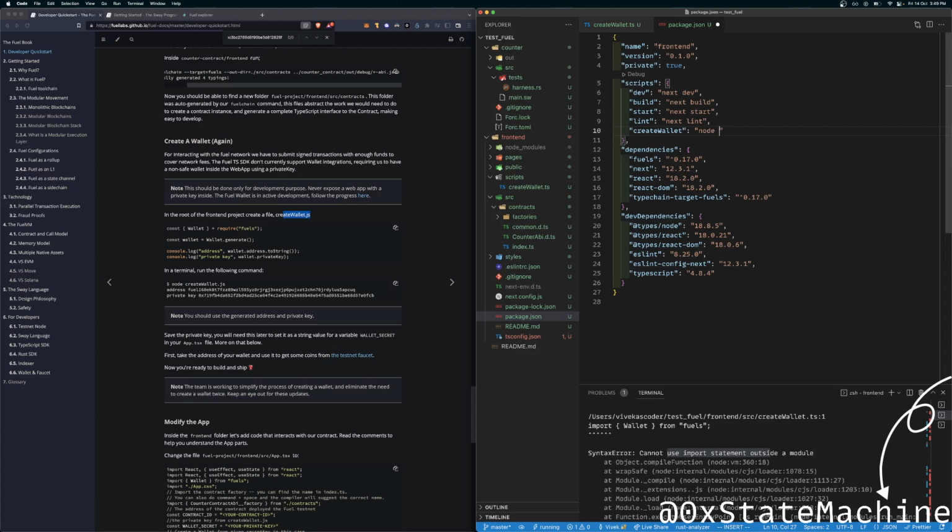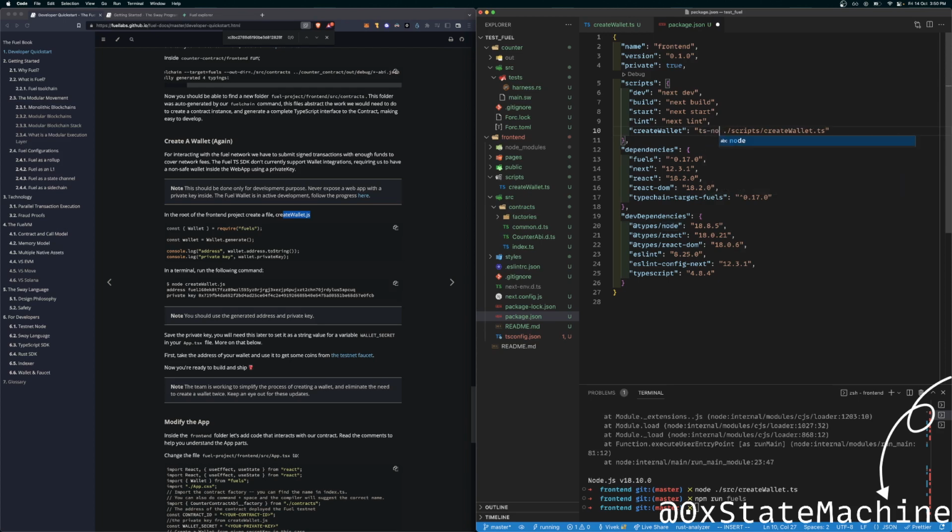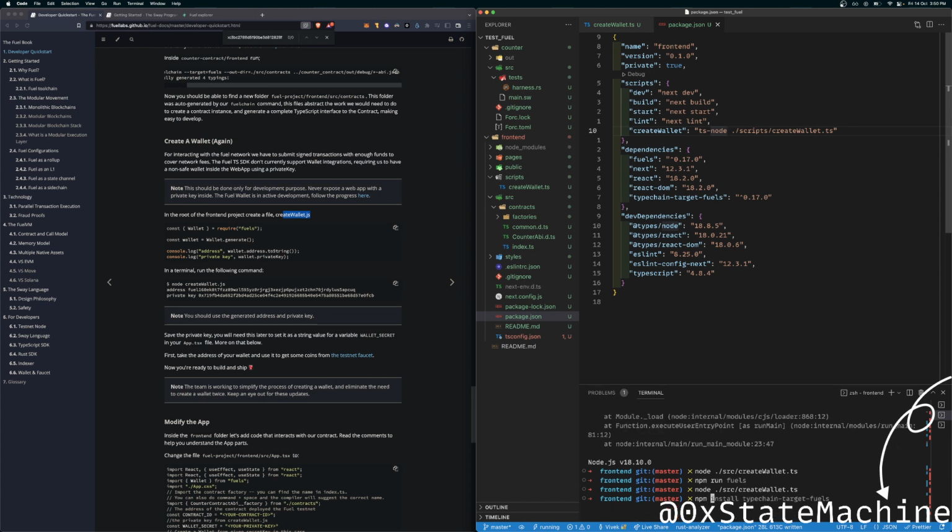And this is node scripts/create wallet. Oh, I should use node, like npm. Oh yeah, this is ts-node, right? I need to use ts-node.